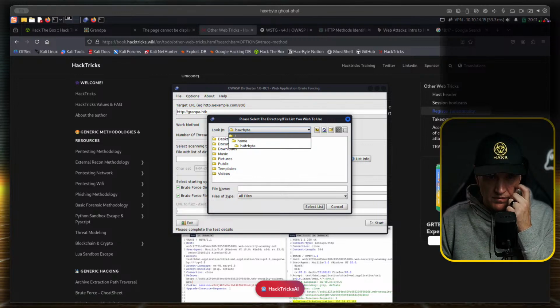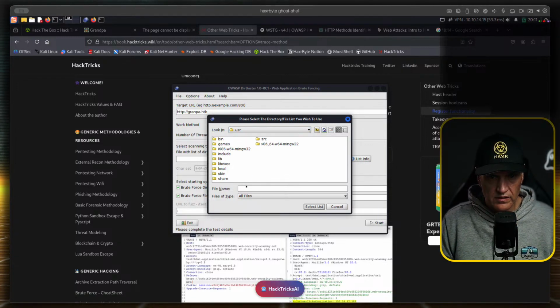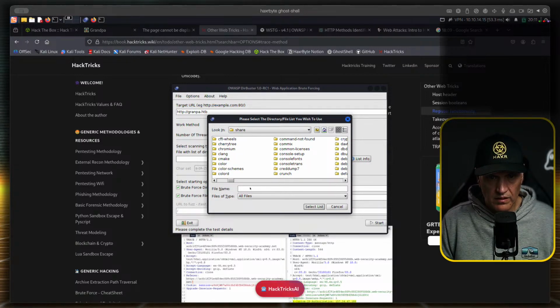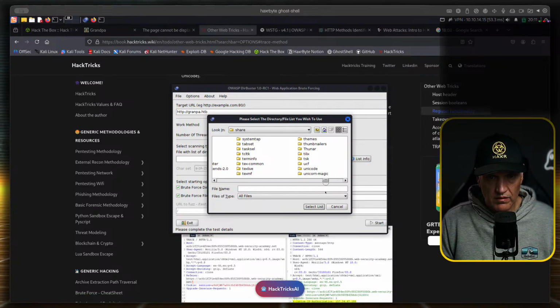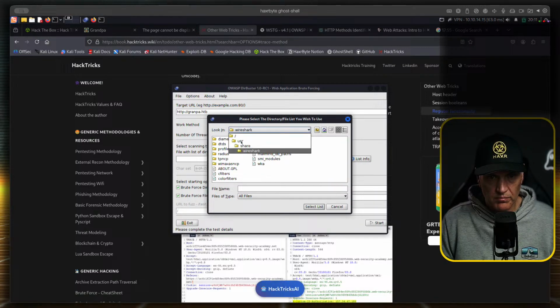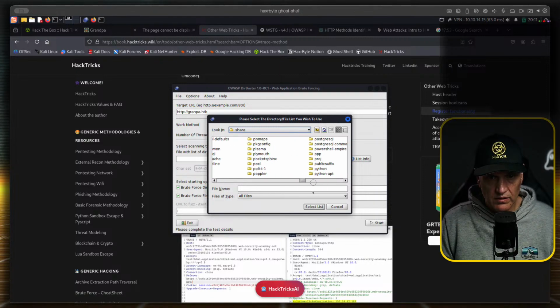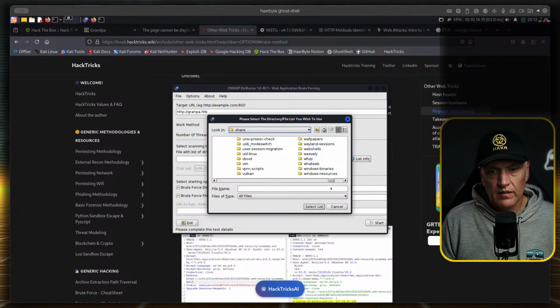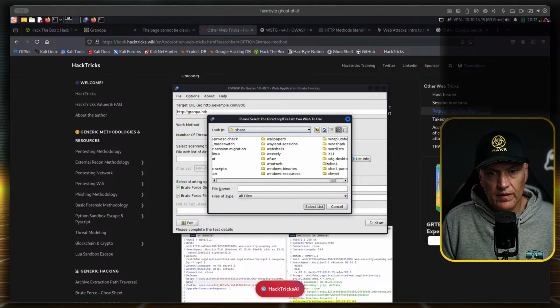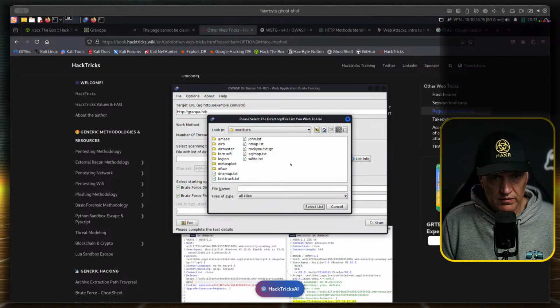I think it's usr share wordlists. Oops. Come on. User error. So wordlists. The buster.